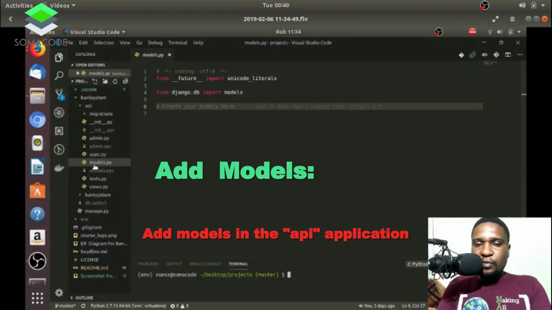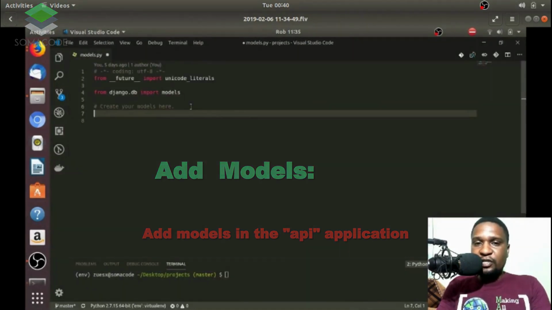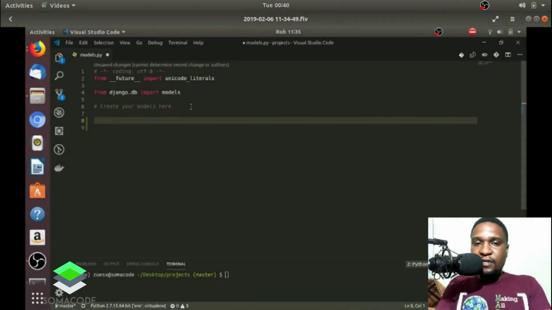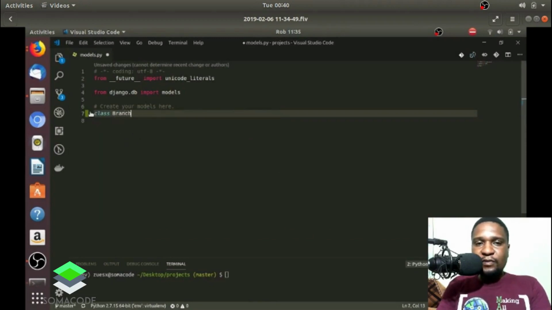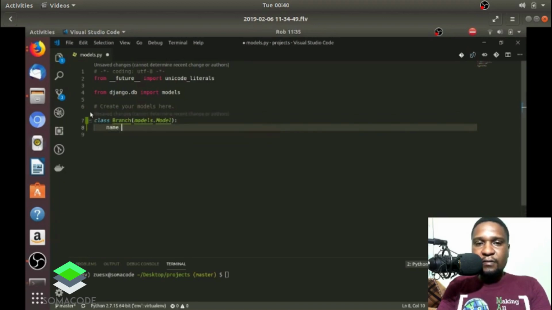In this video, I'm going to show you how we are going to create our models based on the ERD diagram that I showed you earlier. First off, we are going to create our class. I'm going to say class Branch, models.Model, and then we will create our fields inside there. Name,